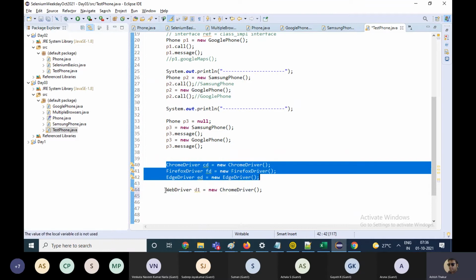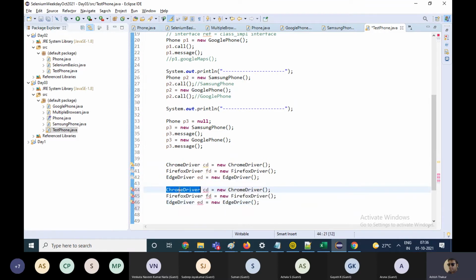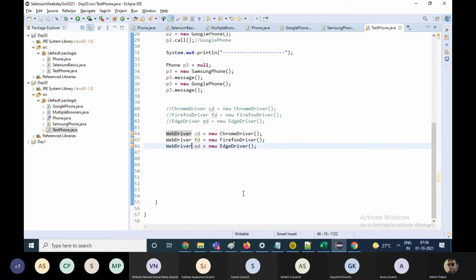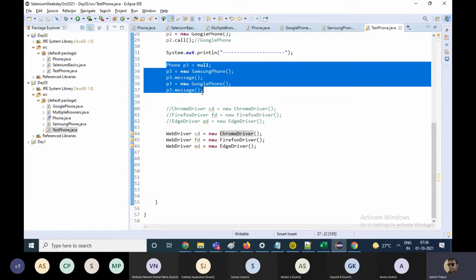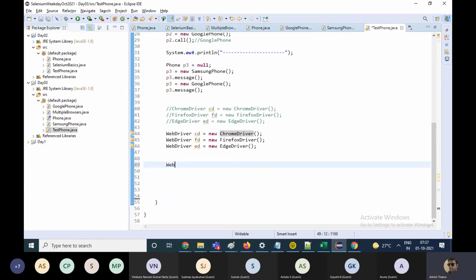Or instead of creating objects like this, we can create objects like this as well. The interface reference equals to new class which is implementing the interface. The advantage with this is the same advantage, the way I had written the code over here, I can declare my web driver, say driver equals to null.